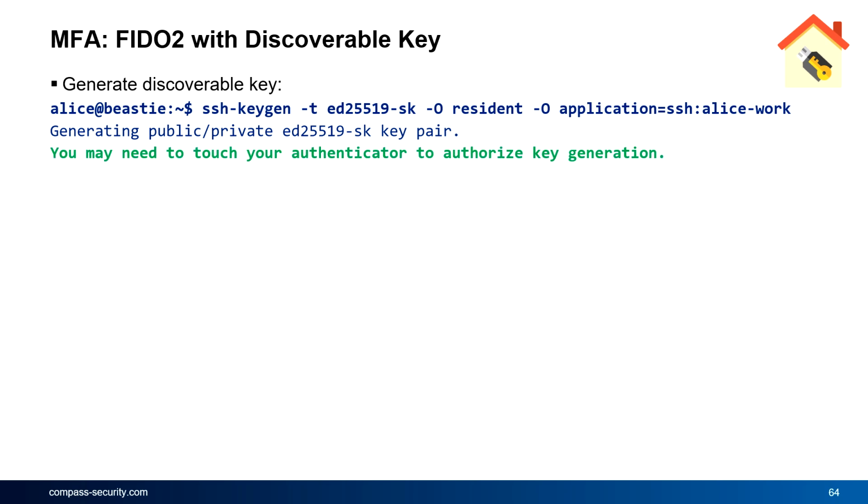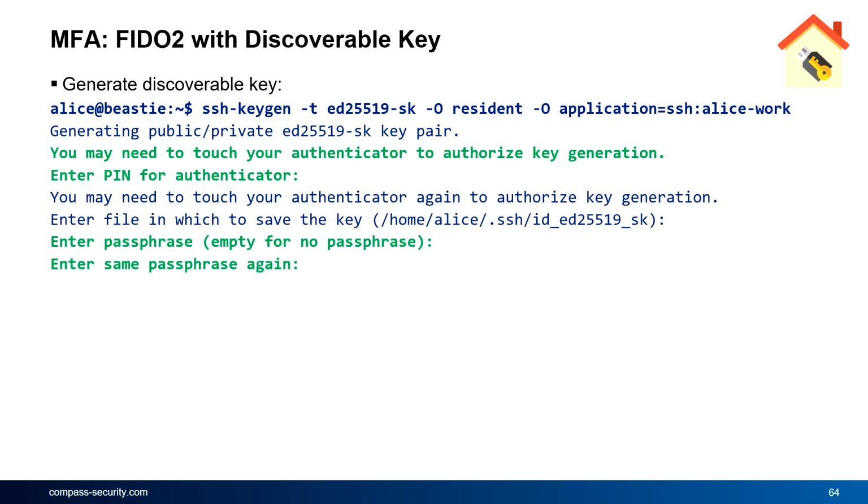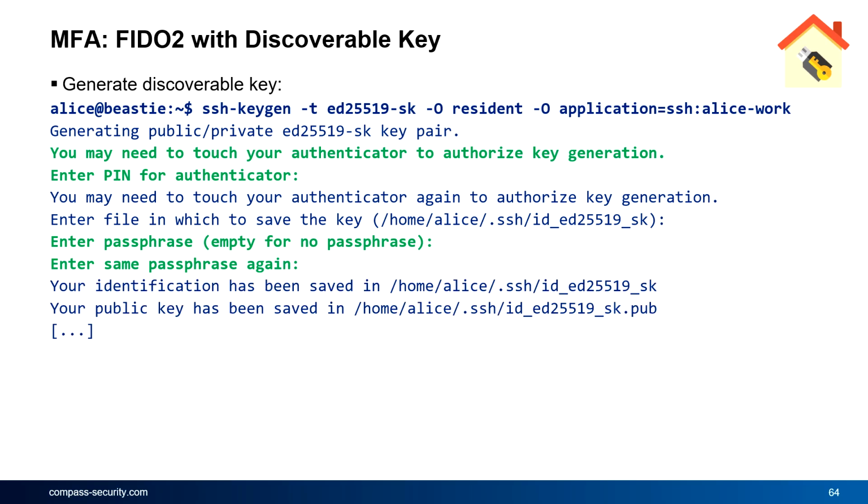Then you have to touch the authenticator to authorize the key generation. Then you have to enter the PIN. And then you see where the files will be stored in your .ssh directory. And now you can specify an additional passphrase. This passphrase is only relevant for the files in your home directory and is not used for the authenticator itself. So you can define a new passphrase there,